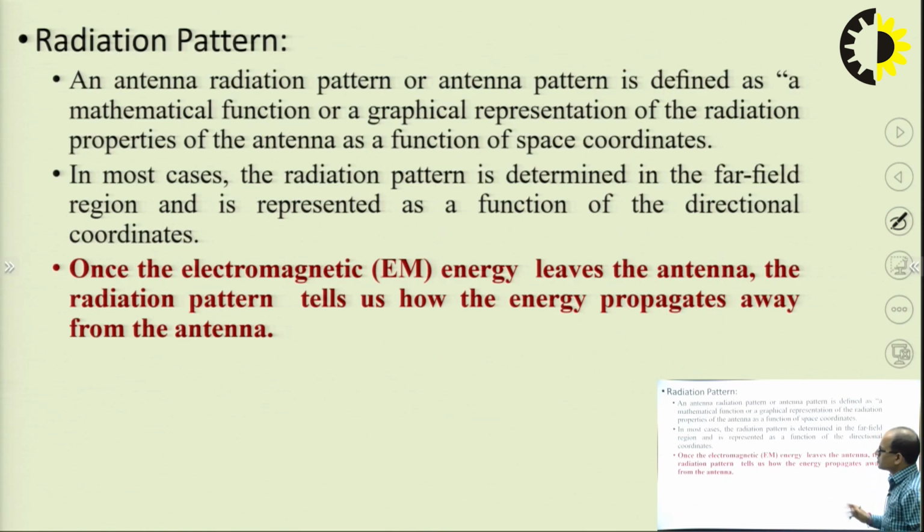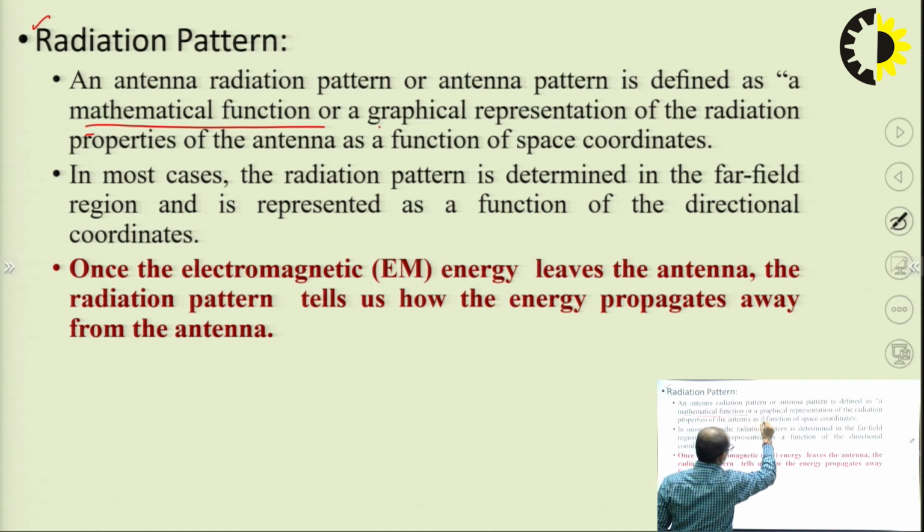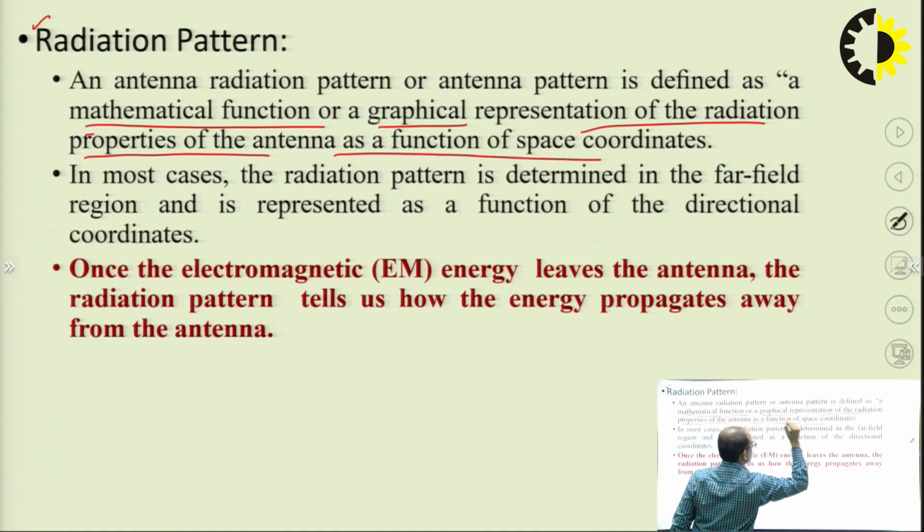Clear? So this is how an antenna radiates. Now the next one is one of the fundamental parameters of the antenna, by which we can determine the characteristics of the antenna. First one is the radiation pattern, and this radiation pattern is defined as the mathematical function, graphical representation of the radiation properties of the antenna as a function of space